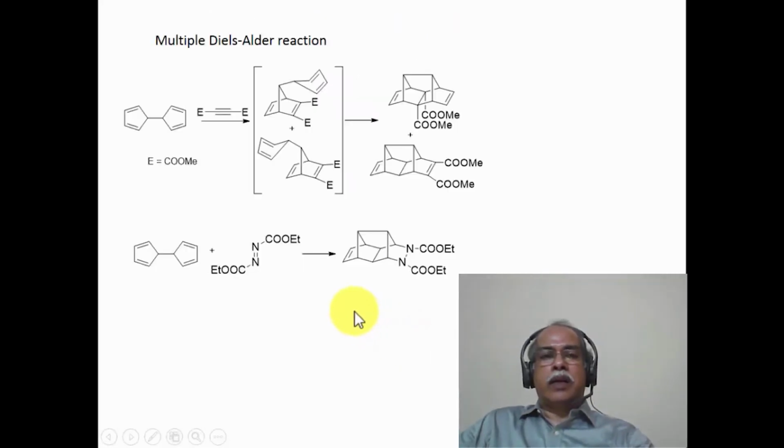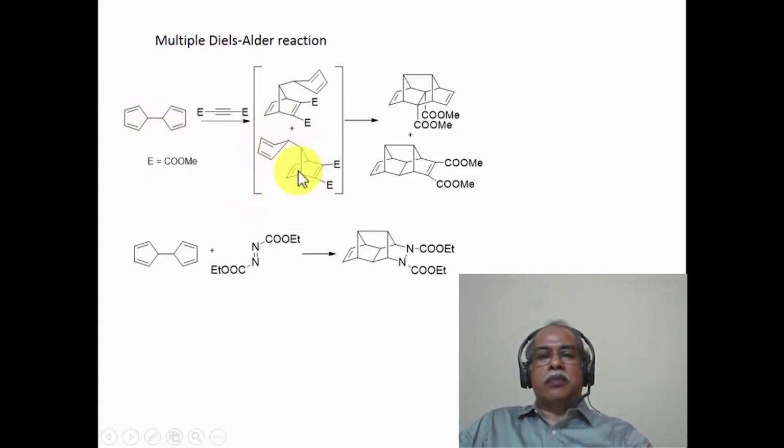Now let us go into multiple Diels Alder reaction. We have already seen that benzoquinone can undergo multiple Diels Alder reaction to give products of multiple Diels Alder reaction. Now this diene is nothing but a dimer of cyclopentadiene. It can undergo Diels Alder reaction twofold, once here as well as once here. In the initial Diels Alder reaction, two products can be formed depending upon whether it is endoselective or exoselective with respect to the second